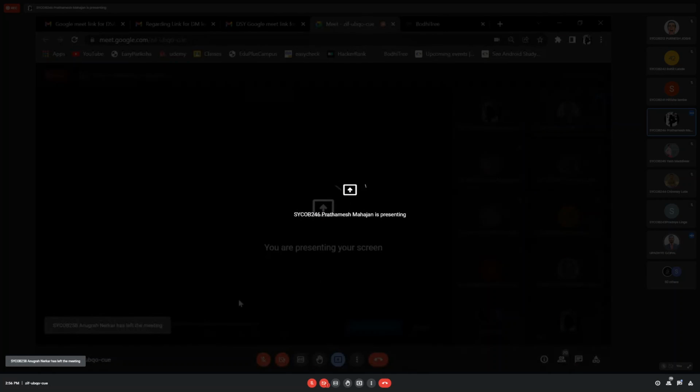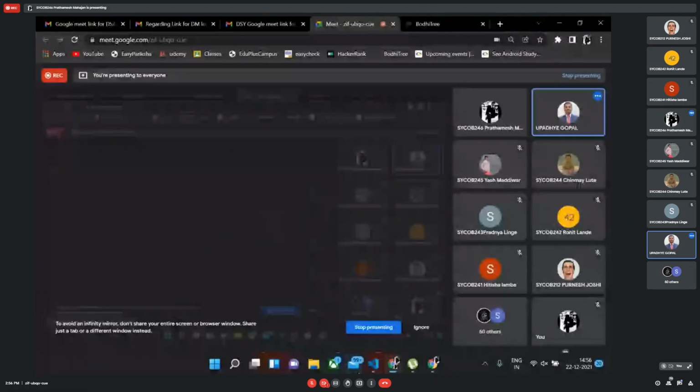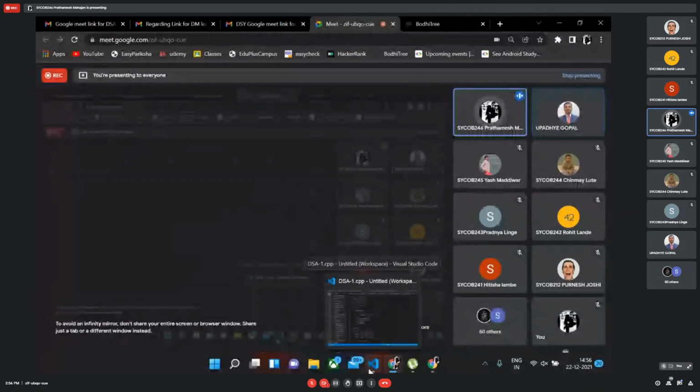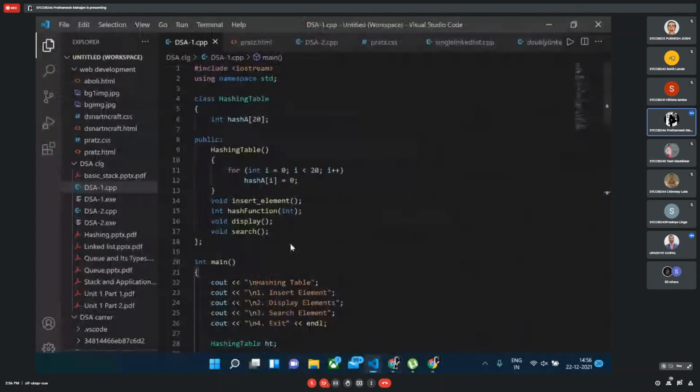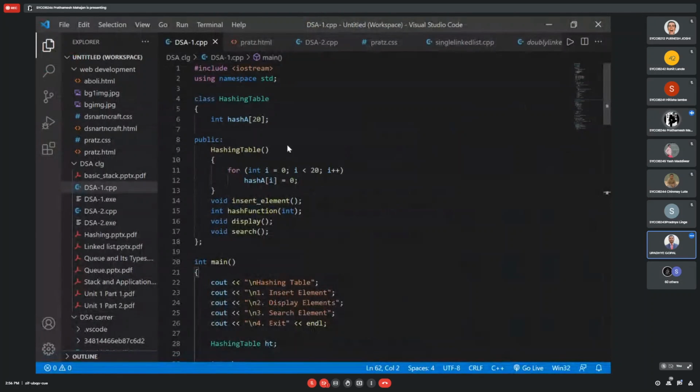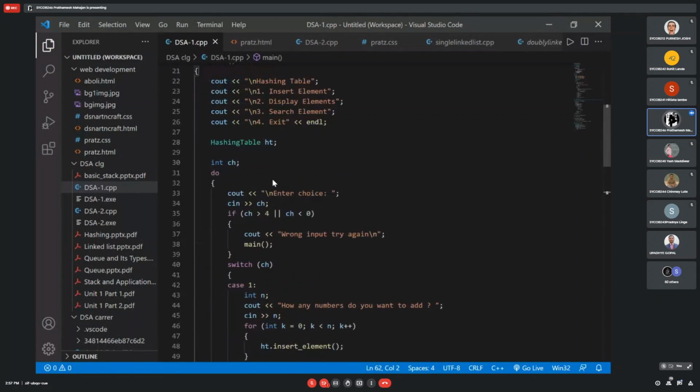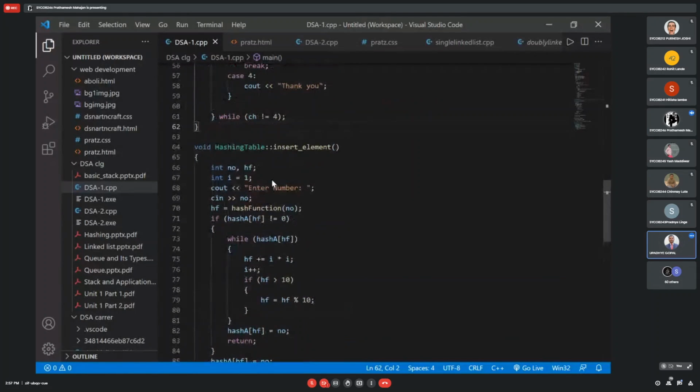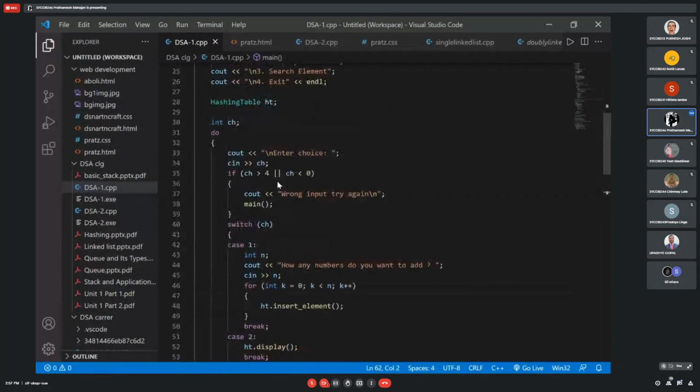Is it visible? Yes, it is visible. Explain, please. Yes, sir. 1 minute. Sir, which one? I have done first and second. Go for first. But I have not done that employee ID वाला thing, sir. तो माझा कोड हरवला, sir. हा, sir. Normal hash table चा. Okay, explain. Logic सांगू शकतो.